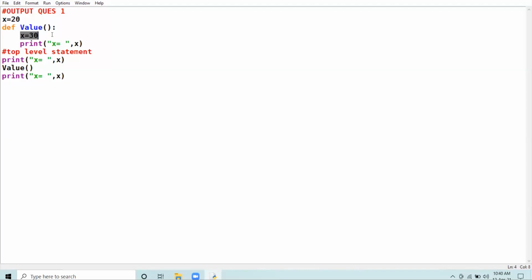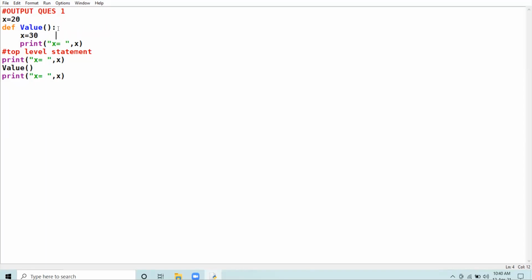But what we have gone through today is that when you assign any value to a variable inside the function, it creates a local variable with that name. Now it is not referring to the global x, it is local x. But I want to work with this global variable only, that too inside this function.